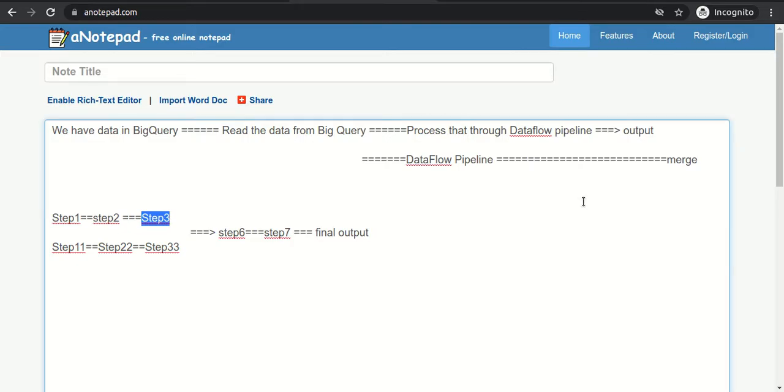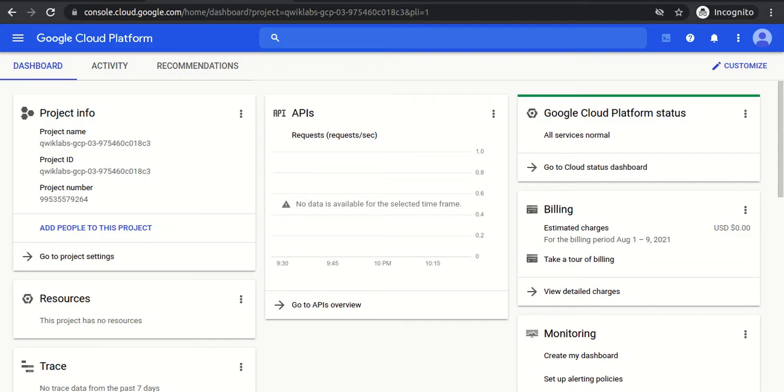And one more thing, as part of this lab, when the final output is generated, we will store the final output in a Cloud Storage bucket. Okay, so it is open.